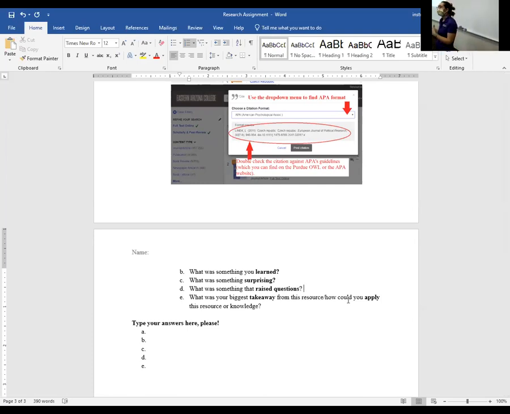So could you apply this in your ethnography? So if you're looking at the Czech language, how are we going to be able to apply this to our ethnography? Or it's like, okay, well, we're doing a language presentation. So how can we apply it to that? Or our biggest takeaway. So it's like, I learned something about this culture, or this is why I think that they do these things this way because of what I learned from that.